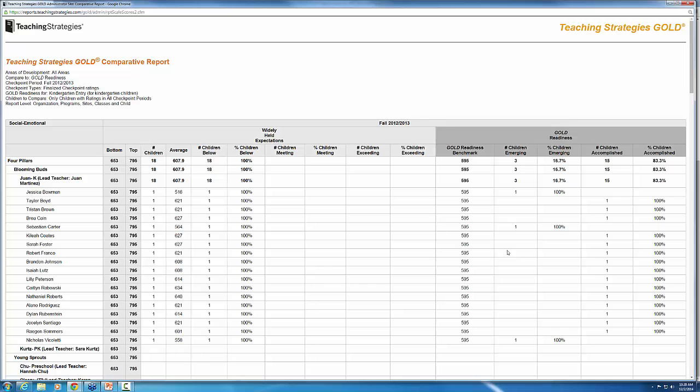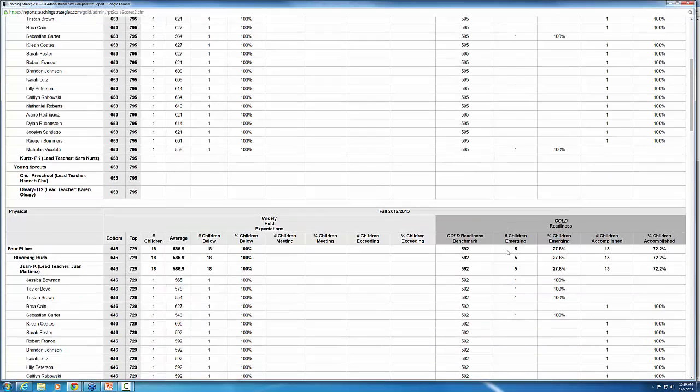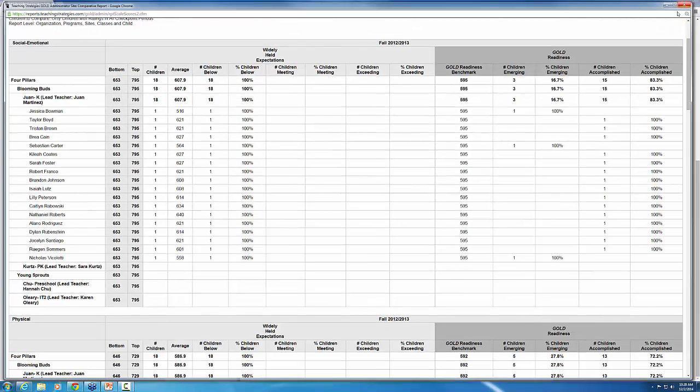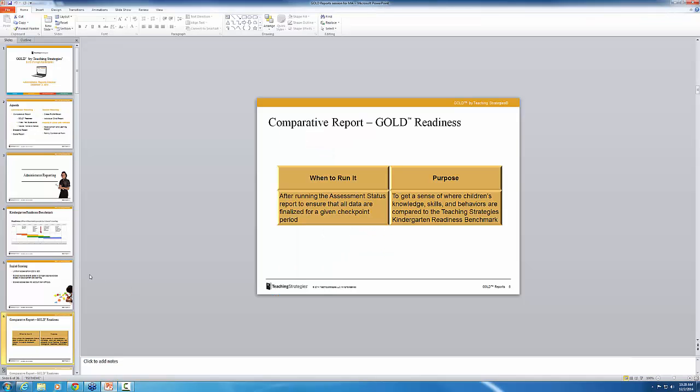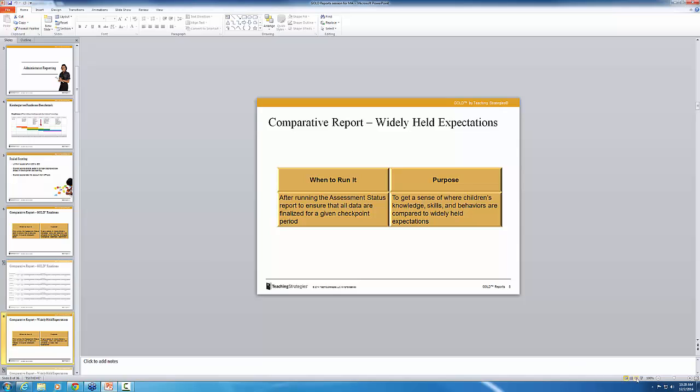And as you scroll down, you can see the different areas. Like this is just social emotional, then we have physical, and you can scroll down through all the different areas that you selected for the report. Now let's go back to the PowerPoint just for a second to grab our next version of the comparative report,